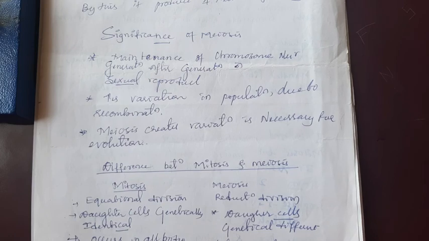Okay. Next, the last significance of meiosis. Meiosis creates variation, which is very necessary for evolution. Organisms have to adapt to different environmental conditions. That capacity is built by meiosis variations. Variations are very necessary for organisms to fit the environmental and climatic conditions. I can say that meiosis creates variations, and those variations are very necessary for the evolution or adaptation of organisms in nature.